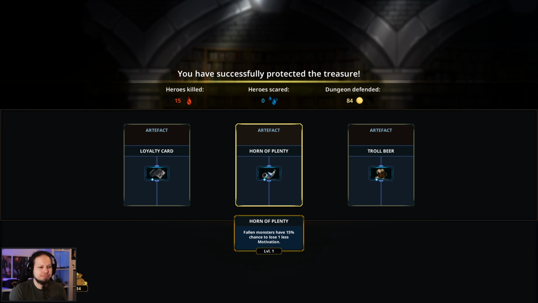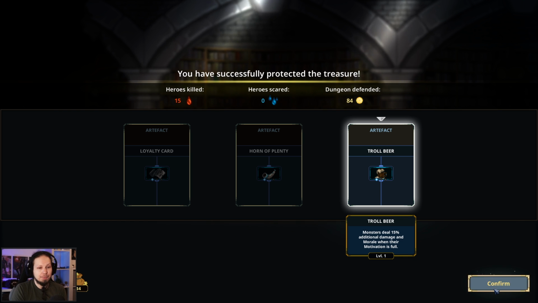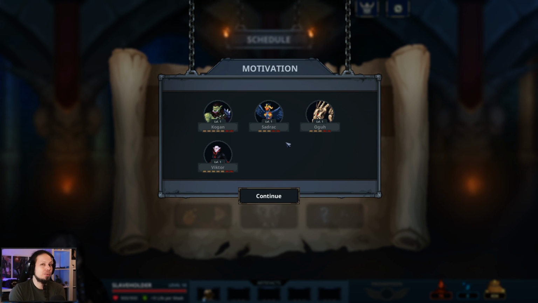Not using that so often. Fallen monsters have a 15% chance to lose 1 less motivation. That's kind of nice. Or monsters deal 15% additional damage and morale damage when their motivation is full, which I try to get always. Speaking of motivation, whenever a monster is killed, they're gonna be resurrected by the necromancer, and